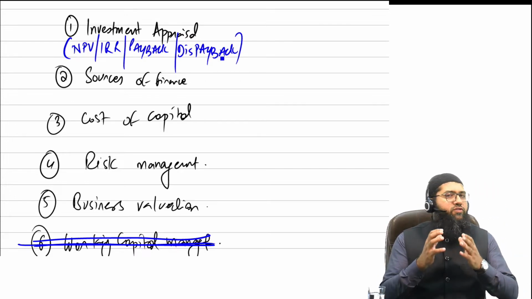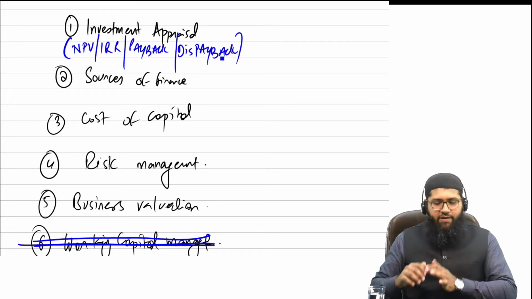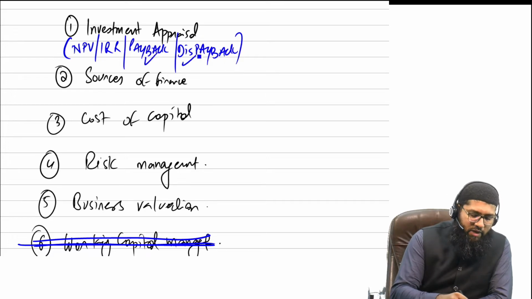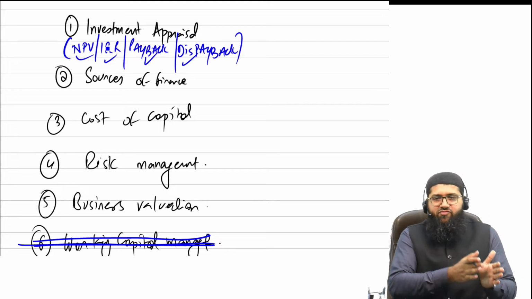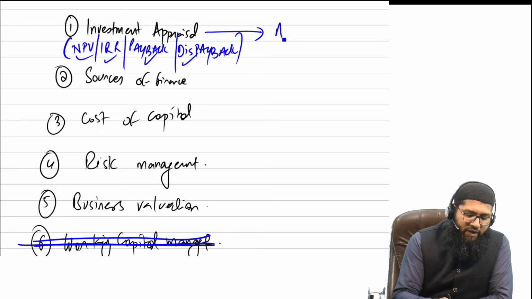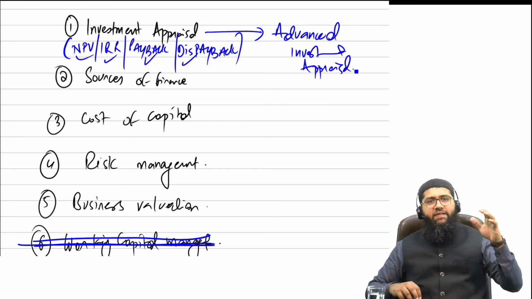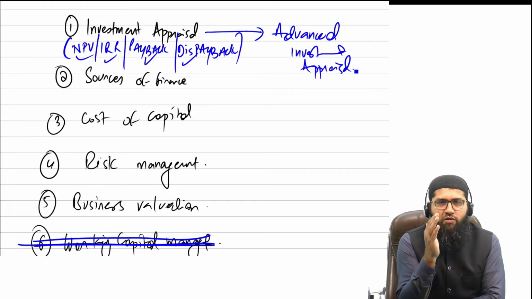When it comes to the AFM, all of these techniques are examinable. The knowledge of these techniques is translated and examined at the advanced level, and therefore we get a topic which is called advanced investment appraisal. So when we discuss the advanced investment appraisal at the AFM level, the prior knowledge of the investment appraisal which you have studied at the F9 is going to form the basis of